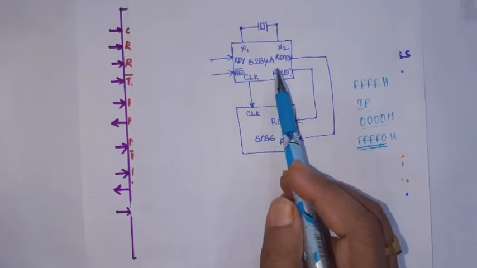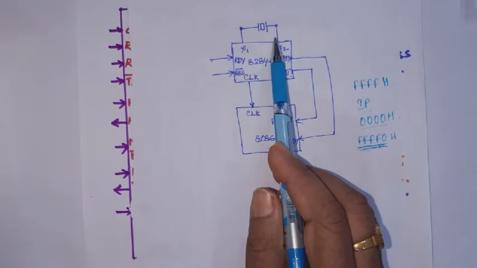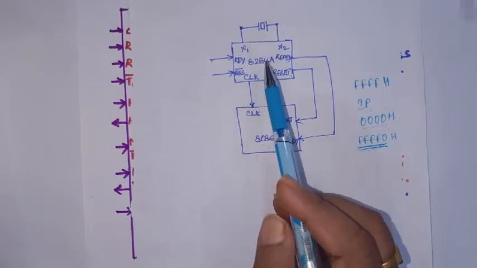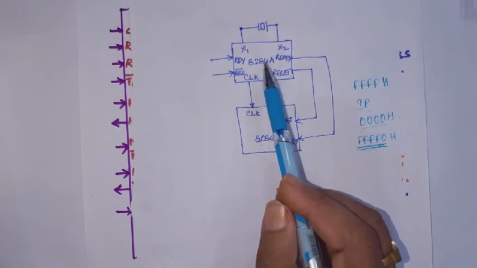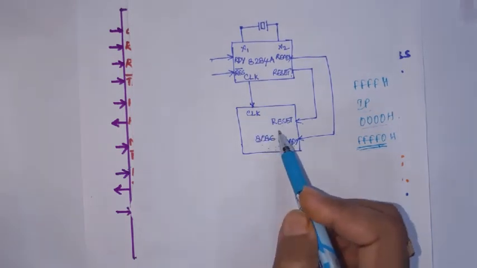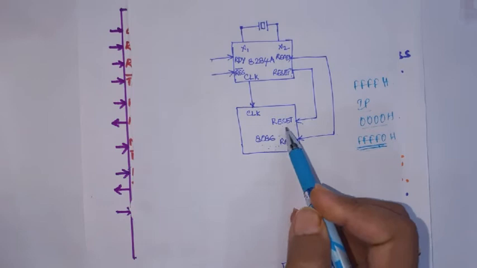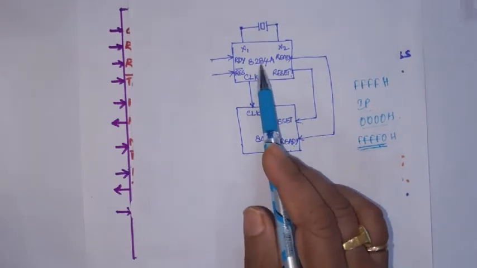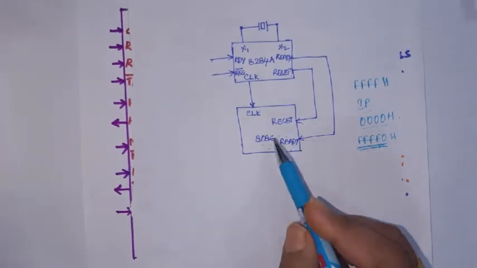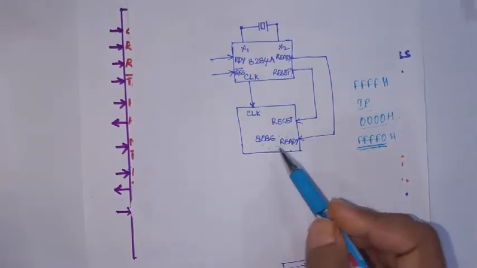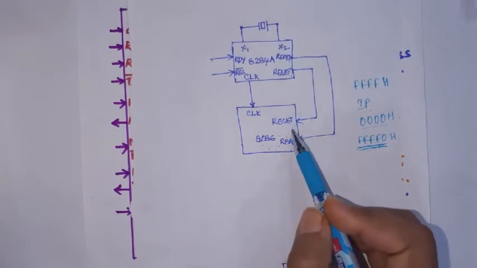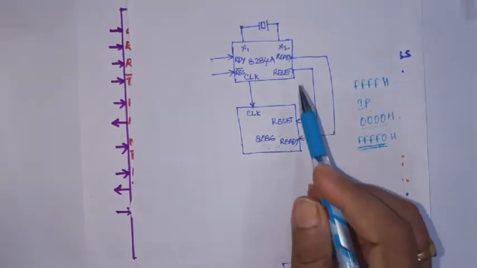This clock generator is connected with a crystal oscillator. The oscillator frequency is converted to the frequency required by the 8086 processor, that is, a 33% duty cycle clock pulse is generated by this clock generator and given to the 8086. Okay, and there are two pins, ready and reset, which are given to the 8086 from this